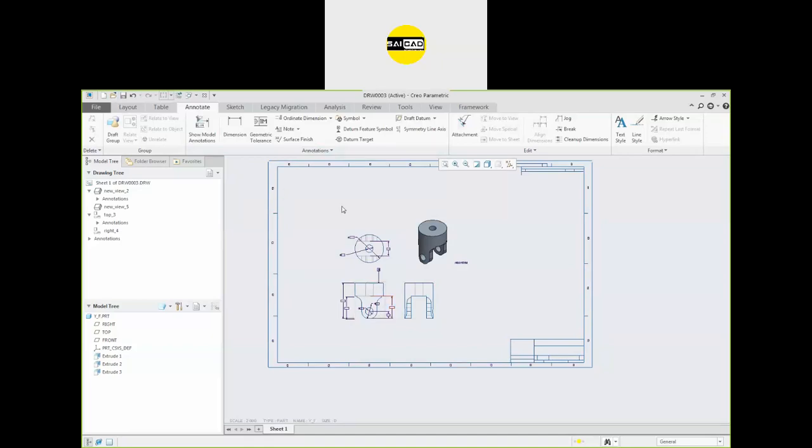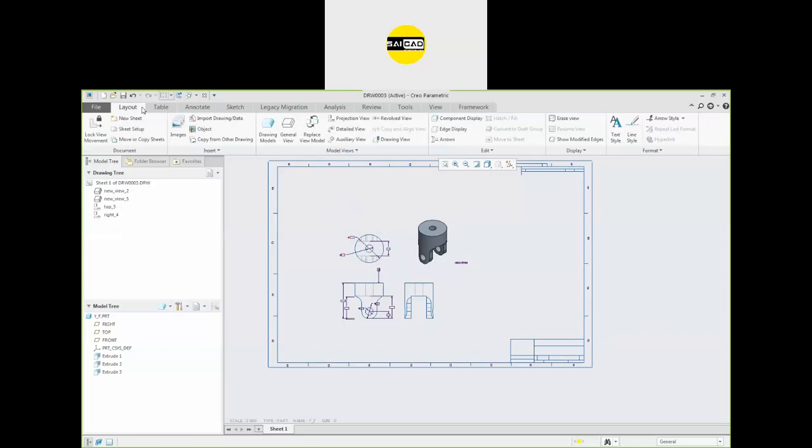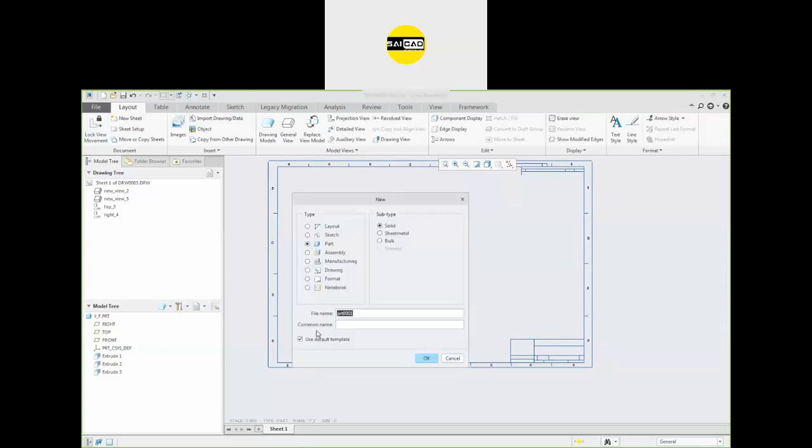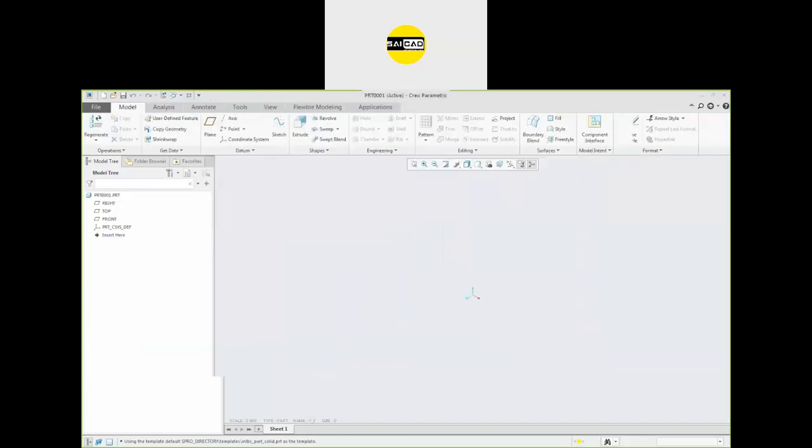In SolidWorks, there was a wrap command. Is there any command like this? We have some commands here, but they are not directly in the part. You can see in SolidWorks we have the command directly in the feature, but in Creo we don't have that command in front. We have the wrap also. If we go to the file, we have a command here.